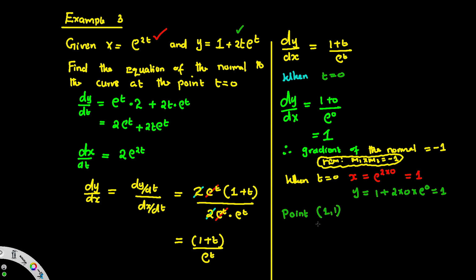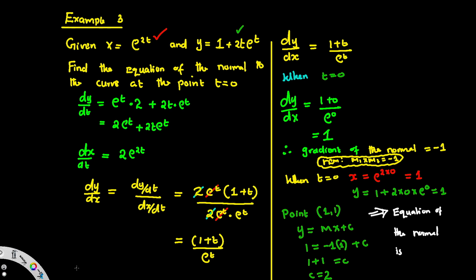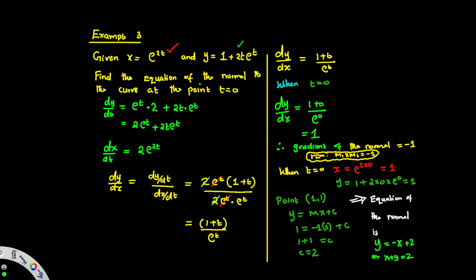So we have the point where this normal is going to pass, actually is on the point (1, 1), and then we can use the equation of a straight line, which is y equals mx plus c, and substituting the coordinate points and the gradient that we had obtained, we can find the y-intercept c. So the y-intercept here is going to be 2, which will mean that now our equation can be written in the form y equals mx plus c, or it can also be expressed as x plus y equals